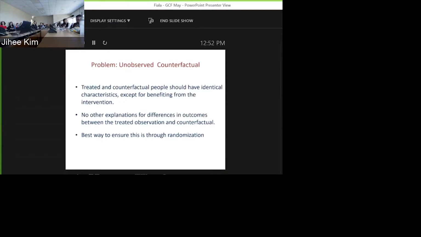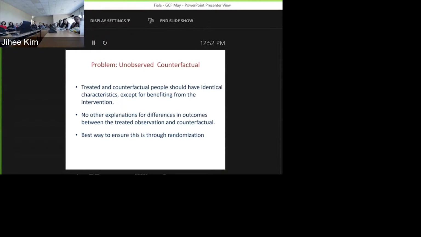Now, the problem with impact evaluation is that you have something called the unobserved counterfactual. Basically, all that means is that we would love to observe somebody who received a program and the same person who didn't receive the program and compare them over time. Right? That's the ideal way to do it. But obviously, we live in the real world where you can't simultaneously give somebody a program and simultaneously not give them a program. And so what we do is we create what we call a treatment and a counterfactual group. All right? And these are the people that we're going to compare against over time.